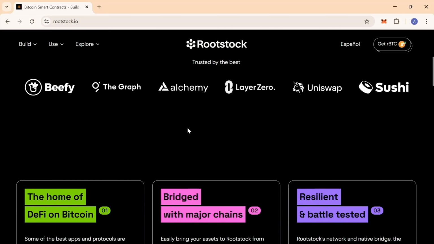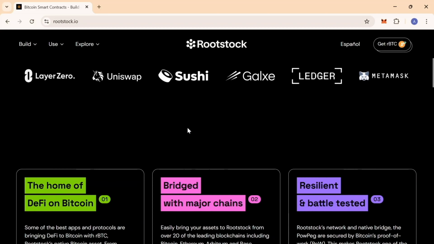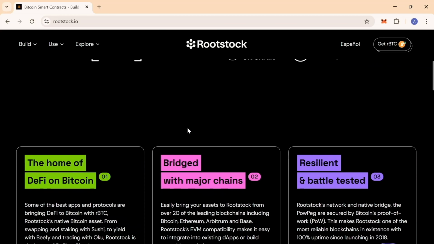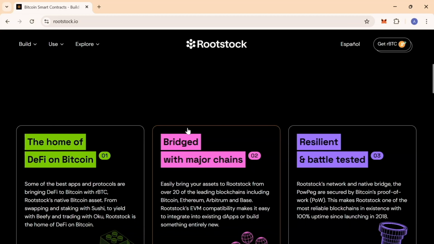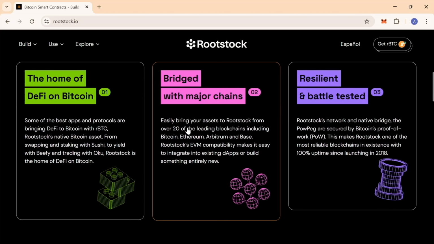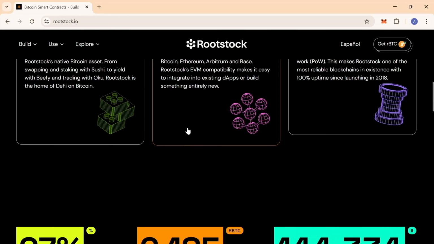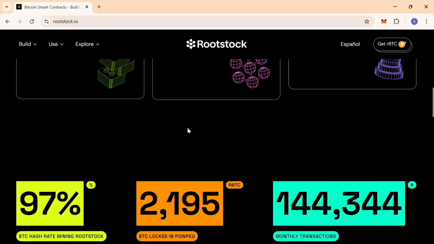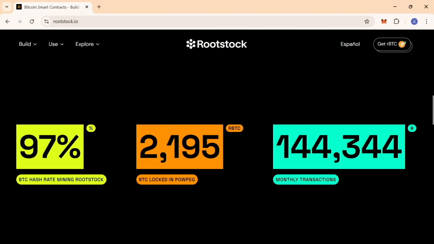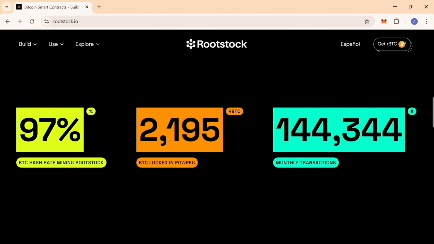Rootstock is EVM compatible. It is compatible with the Ethereum Virtual Machine, allowing developers to easily port their existing Ethereum dApps to the Rootstock platform without significant modification. This compatibility fosters a broader ecosystem of decentralized applications and services. Rootstock supports smart contracts, enabling developers to create complex applications that can automate processes and facilitate transactions without any intermediaries. Then we have decentralized finance, as Rootstock incorporates DeFi functionalities, making it a versatile platform for